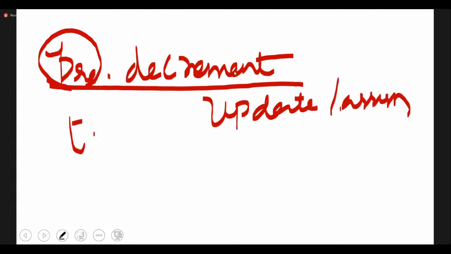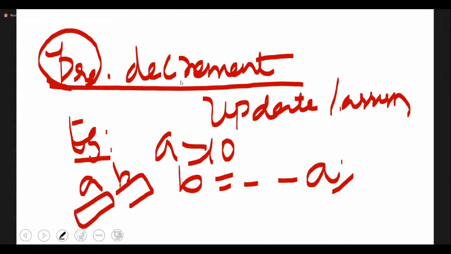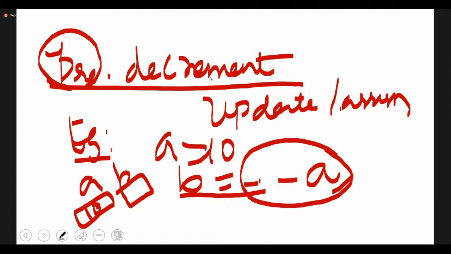Okay, now let's take another example. I have a value of a as 10. I have written b equals --a. Now what happens here? This is pre-decrement. If you want to find the value of a and the value of b: initially a value is 10. Now to know the value of b, first you have to do the update. Update means you see the operator, either increasing or decreasing. In this case, it is pre-decrement. So 10 becomes 9. So b is updated to 9 and stored. Even the value of a is changed to 9. So when you print the values of a and b, you get 9, 9.